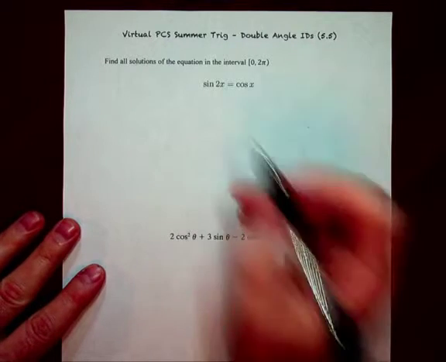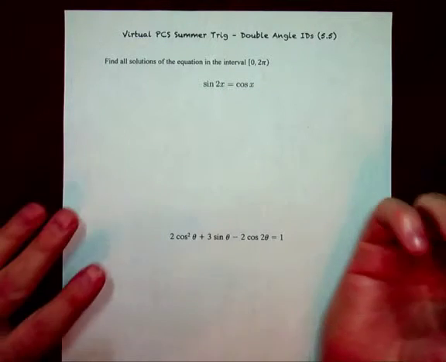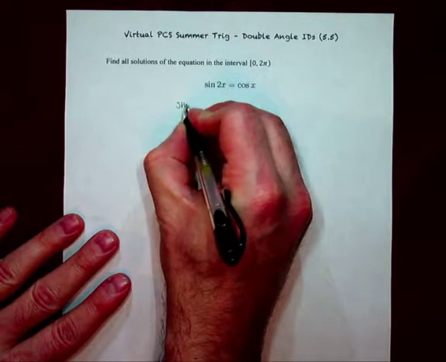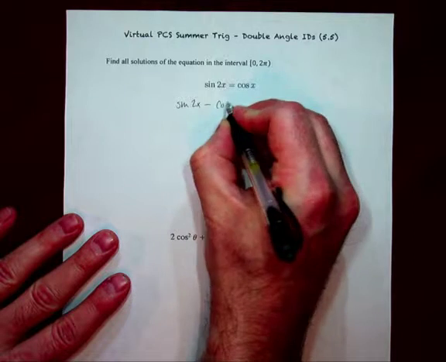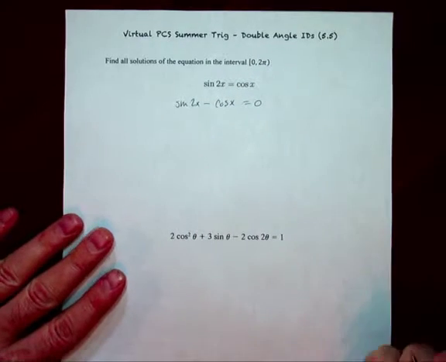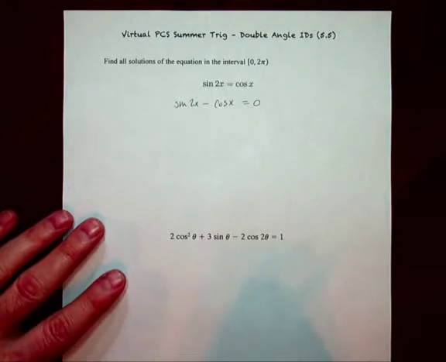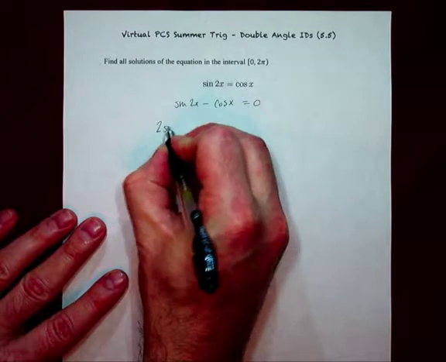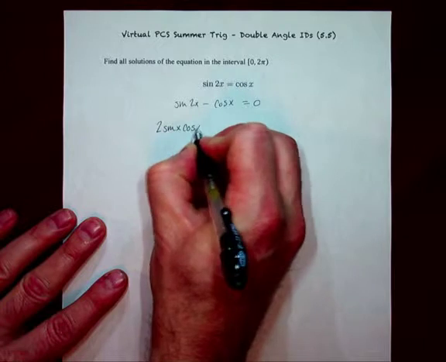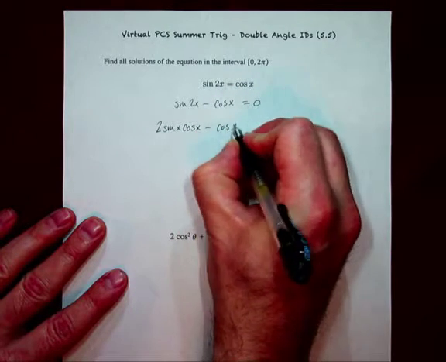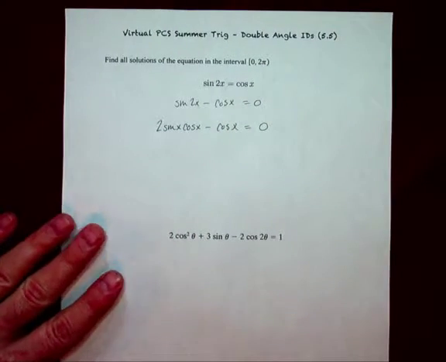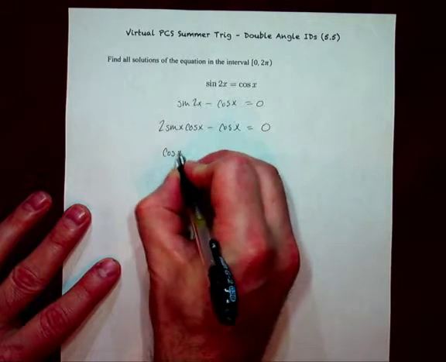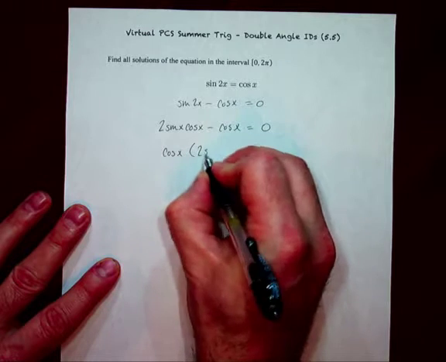Now, we're not dealing with a verification problem. We're dealing with an equation, so we can actually bring this over to the other side. And now we need to figure out a way to transform this. Well, that winds up being one of the simplest ones, which is, of course, why we're starting with it. You change sine 2x into 2 sine x cosine x, at which point you recognize the fact that you have a GCF,